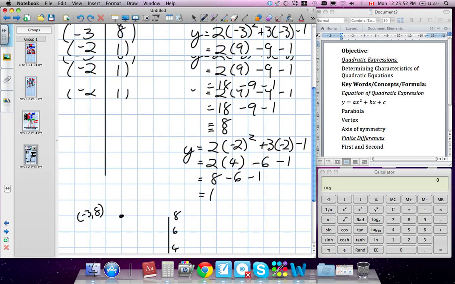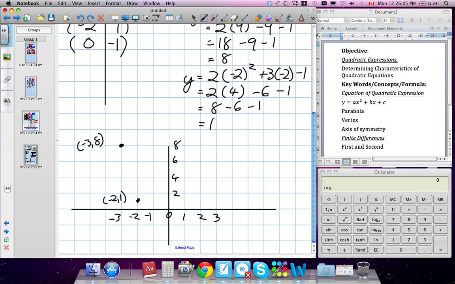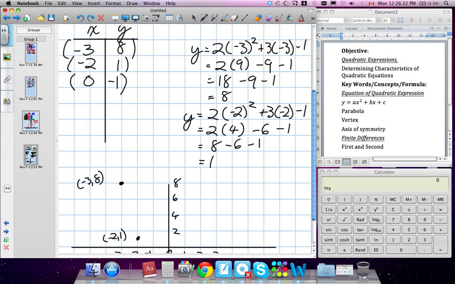Oh, I should have known off the top of my head. 0 is going to be at -1. I'm just going to tell you that when you go to plug it in. So we plug in the next value. I forgot to do the number negative 1. If we do negative 1 and plug it in quickly, we're going to get